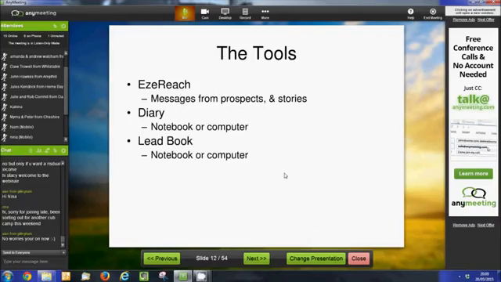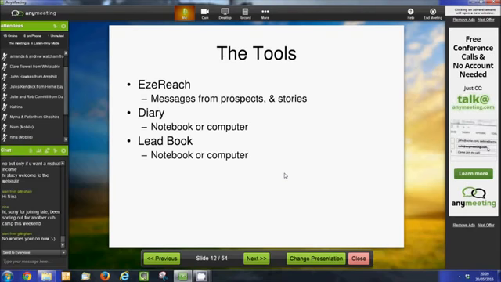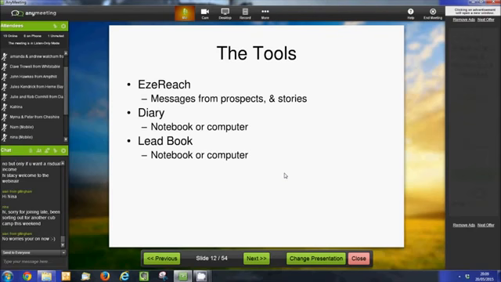And the same for your lead book. And what I mean by that is basically a way of keeping track of the different people who've replied to your adverts or that you're speaking to. So a lead or a prospect is somebody who's looking for a way to earn some extra money, and you need to keep track of them. So if you're generating 1 a week and you're speaking to 1 person, you can probably remember their details and write it on a scrap of paper or something.